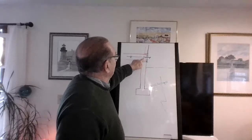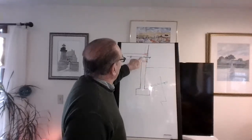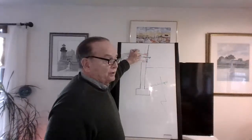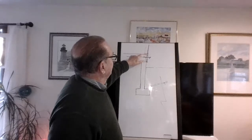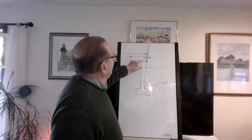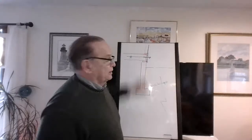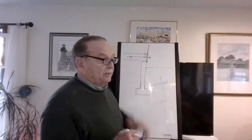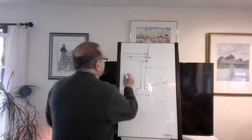So do that, and then figure out how high you're going to be. You want to be roughly in the middle of this floor joist, not too high, right? You don't want to be right up against the ceiling, nor do you want to be too low, because then you're going to be hitting the sill. One thing I left out about the sill: every 6 feet on the sill, roughly, you're going to see